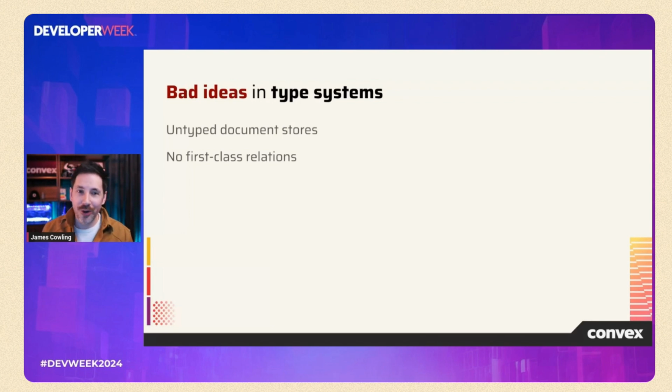And while I've criticized SQL, the relational model is also an incredible idea. Data is often related to each other, and the references between these items of data need to be typed too. And I probably don't need to convince you that manually formatting SQL strings is a terrible idea and has led to an enormous number of bugs and vulnerabilities, including SQL injection attacks. Stuff like where you set your email address in a form to semicolon drop table users or whatever, and the entire users table gets dropped. This is the canonical argument in favor of type safety in query languages.